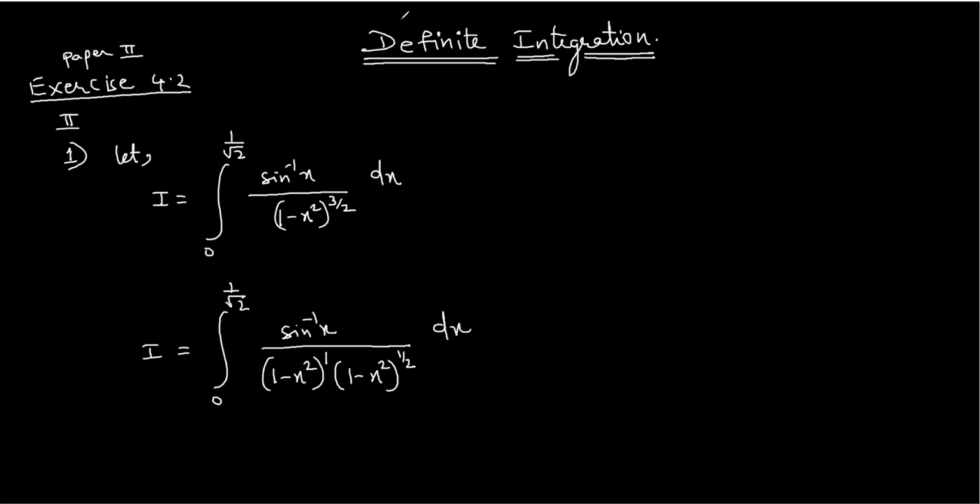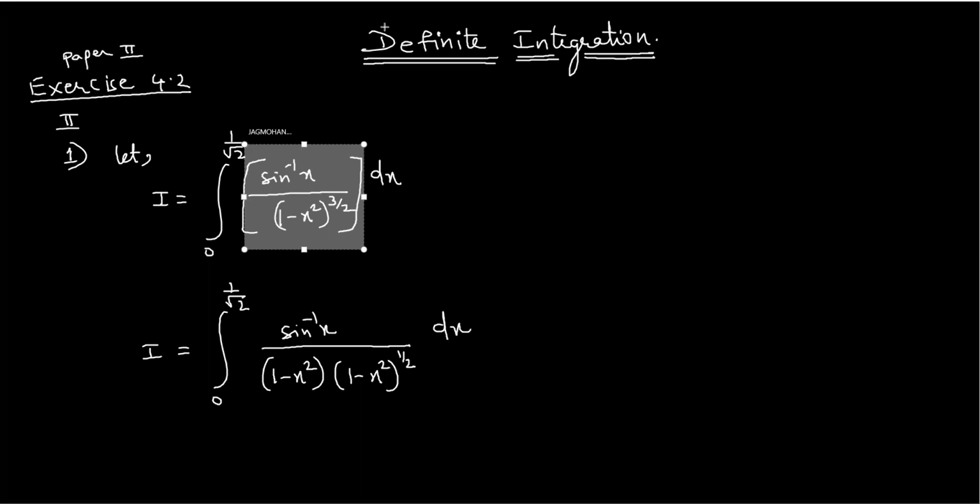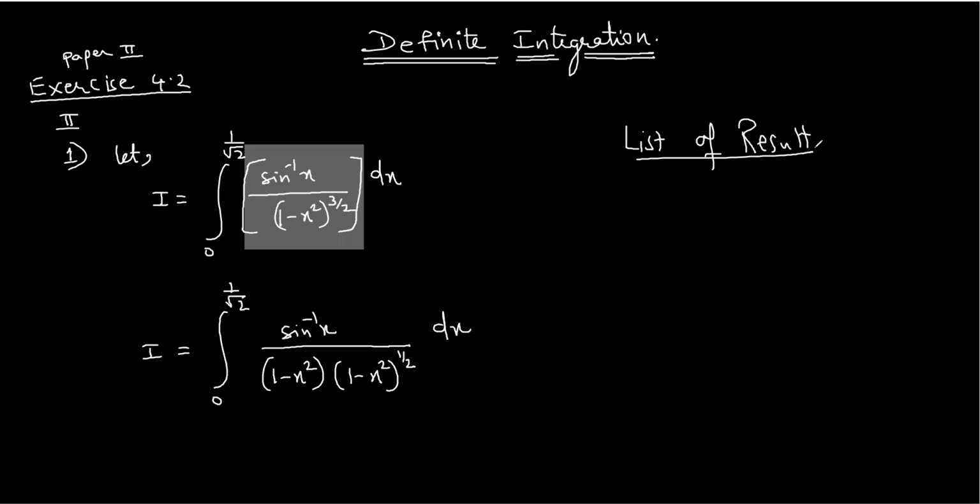Right now my aim is to integrate this. Your first aim is to integrate. Once you have integrated, then only you will be able to evaluate upper limit minus lower limit. So first I will integrate. And for integration, what are the steps that we have studied in indefinite integration? We have a list of results. Whenever I see any function to be integrated, I just ask myself whether in the list of results